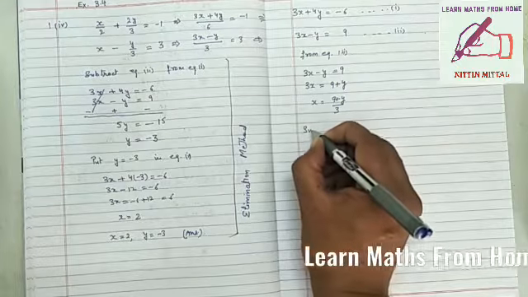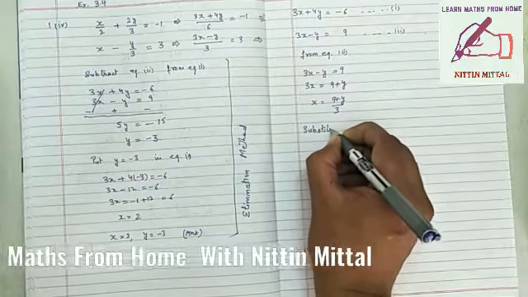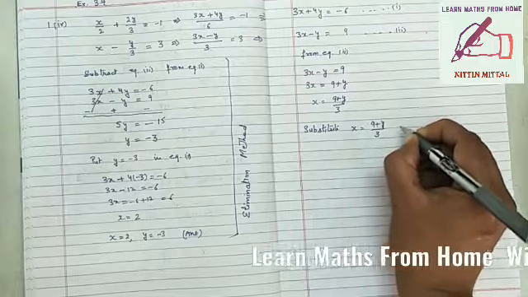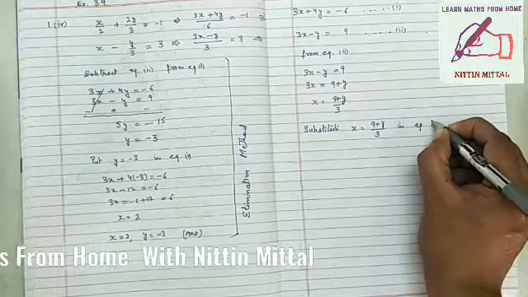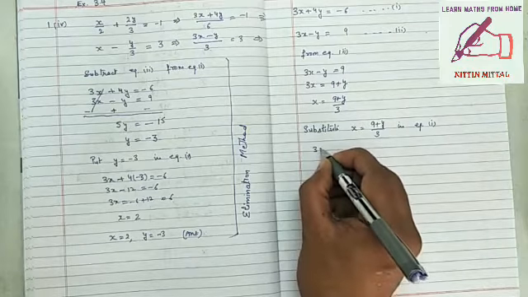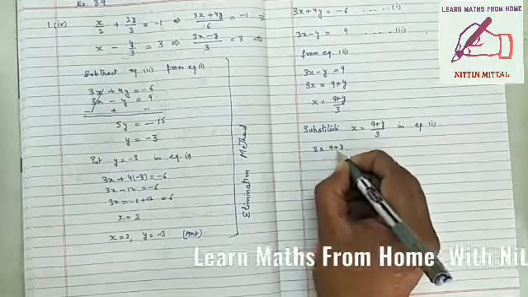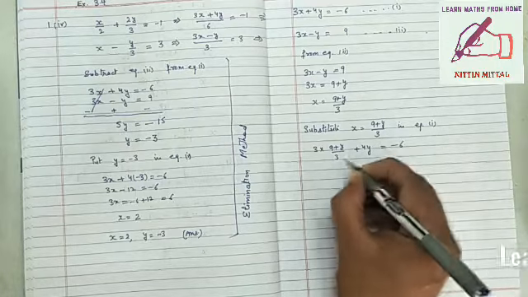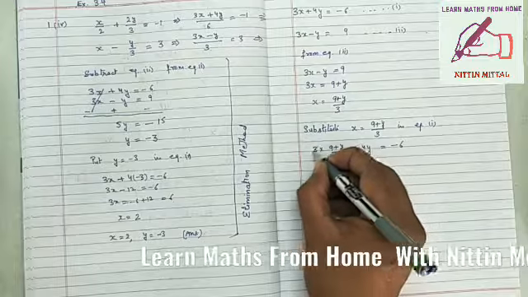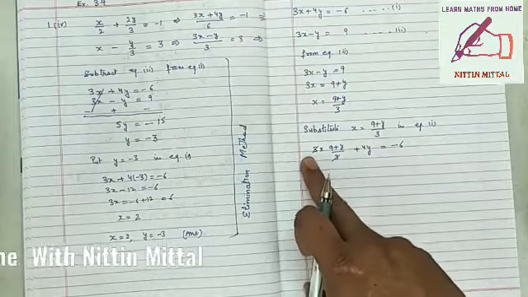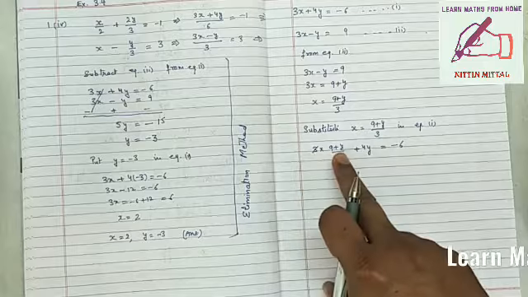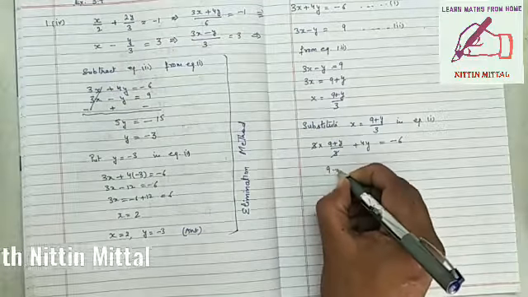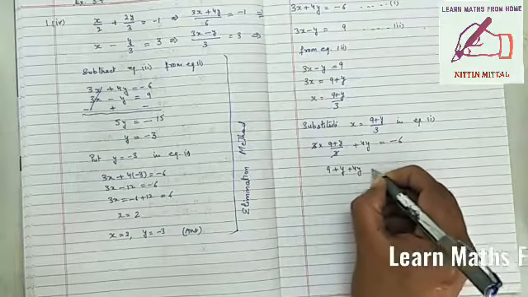So we'll write, substitute x equal to 9 plus y over 3 in equation 1. So what will come? 3 multiplied by 9 plus y over 3 plus 4y equal to minus 6. Now here if you see, we can cut this 3. Now we can cut, you see, because 3 is not binomial term, it is separate from 9 plus y. So we can do cutting. So what will come? 9 plus y plus 4y equal to minus 6.